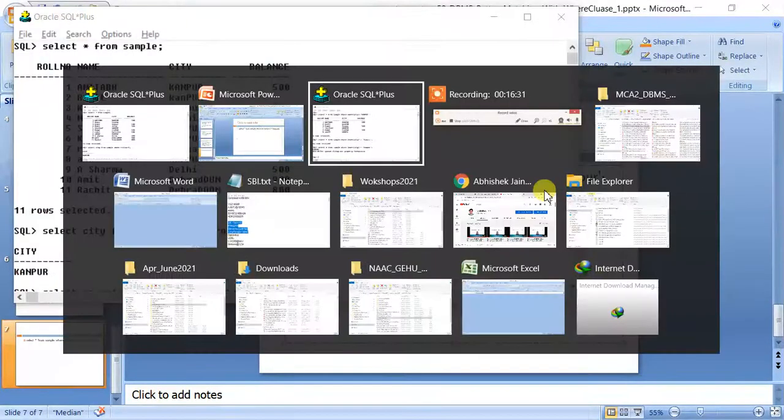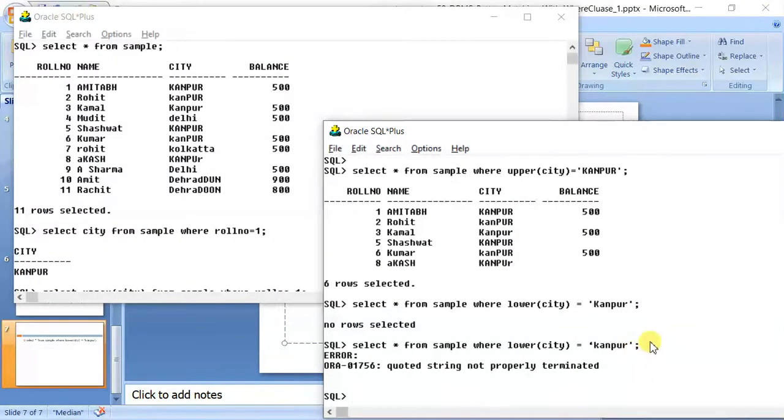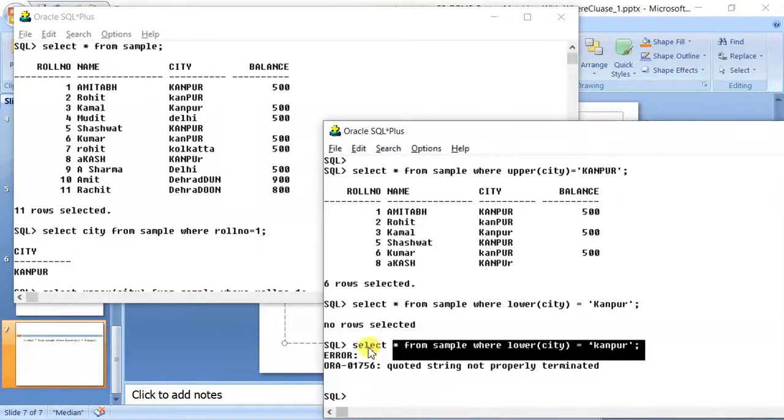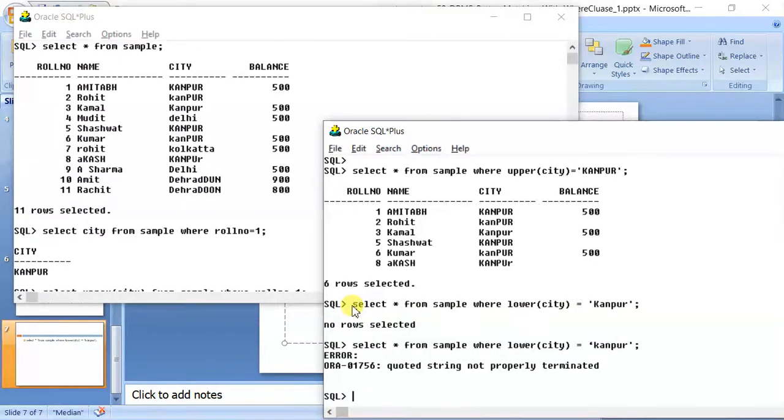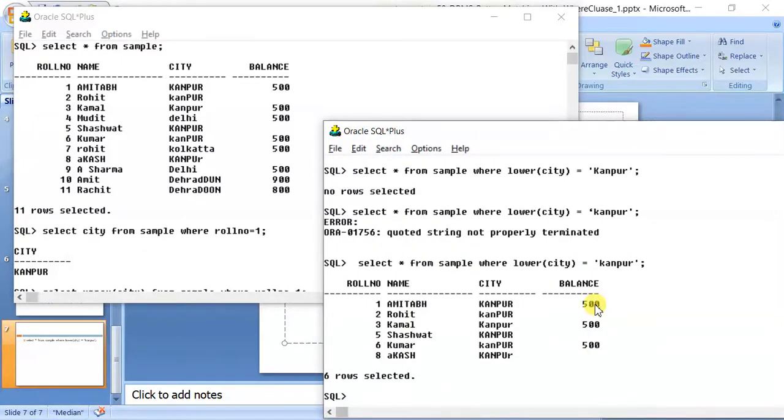Sometimes the query might look correct to you if you are doing copy paste from somewhere, but it might be an error. Because I have pasted from the PPT and the single quote was different, it did not work. So I had to manually correct it. Now it is working. Okay, so please be careful.